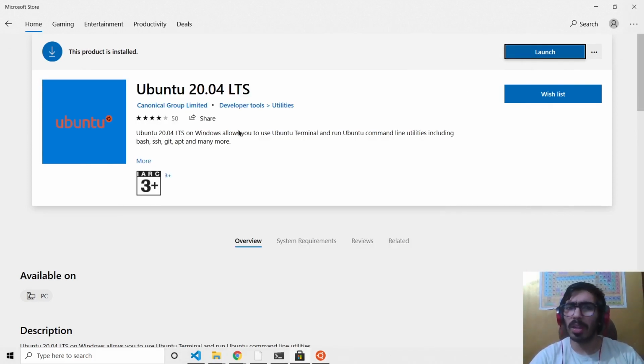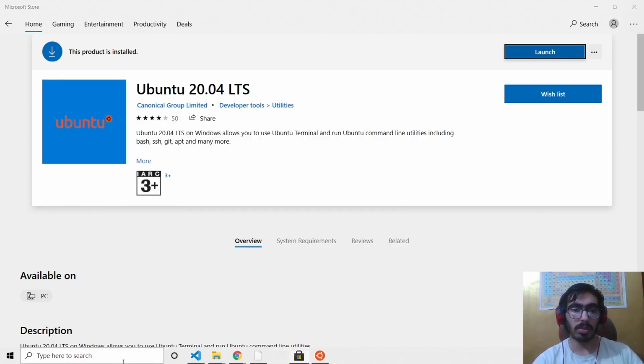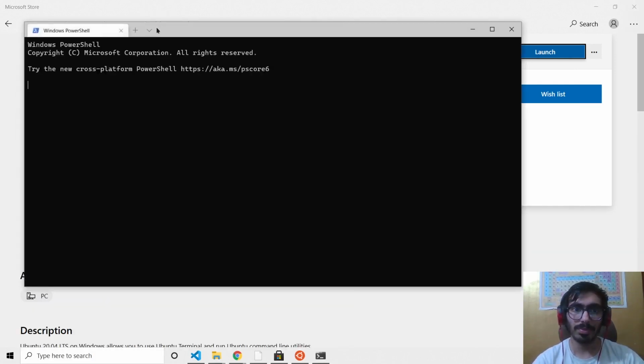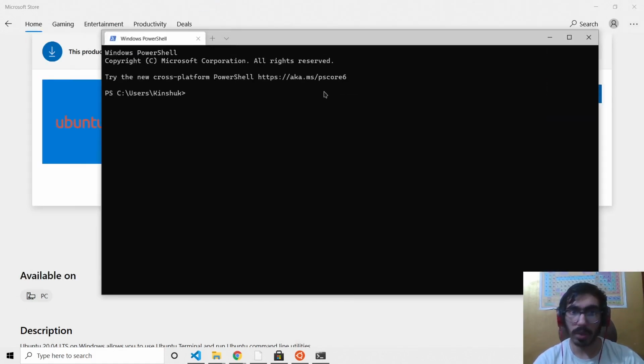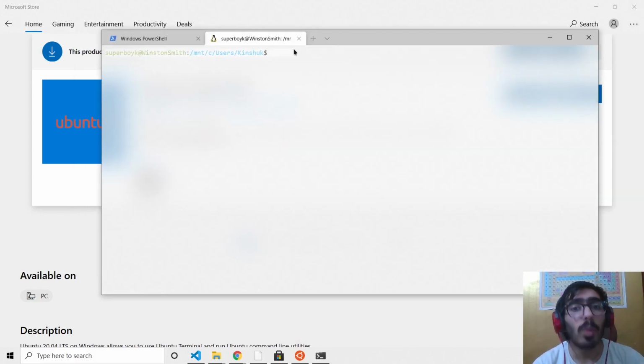Normally, virtual machines give you a proper isolated sandbox environment. But that is not what we need. I, as a developer, need to run my application on both Windows and Linux. What I can do right here is open a Windows terminal. Let me start it again. I can just start a Windows terminal right here. So this is Windows, of course, Windows PowerShell. And all I need to do is click this, and now I have Ubuntu running side by side.